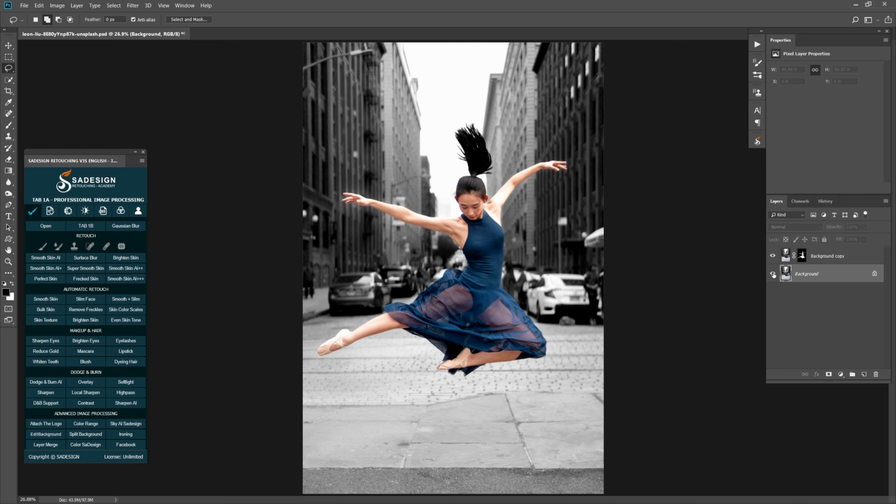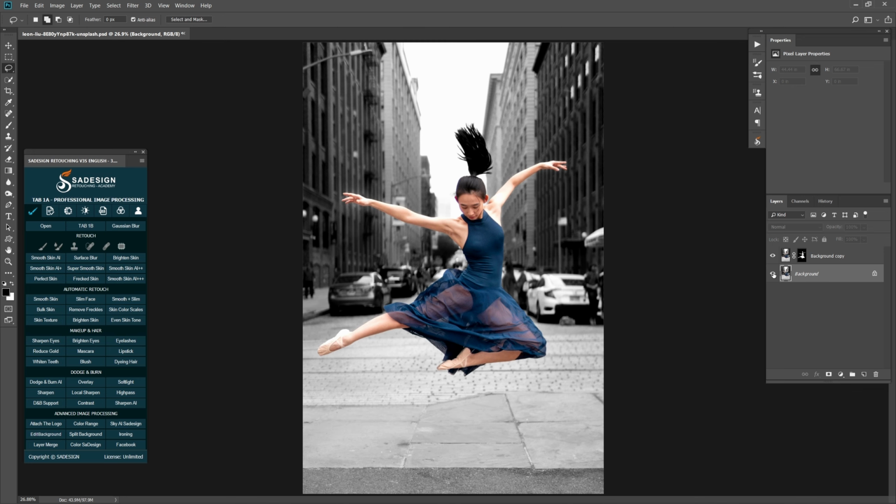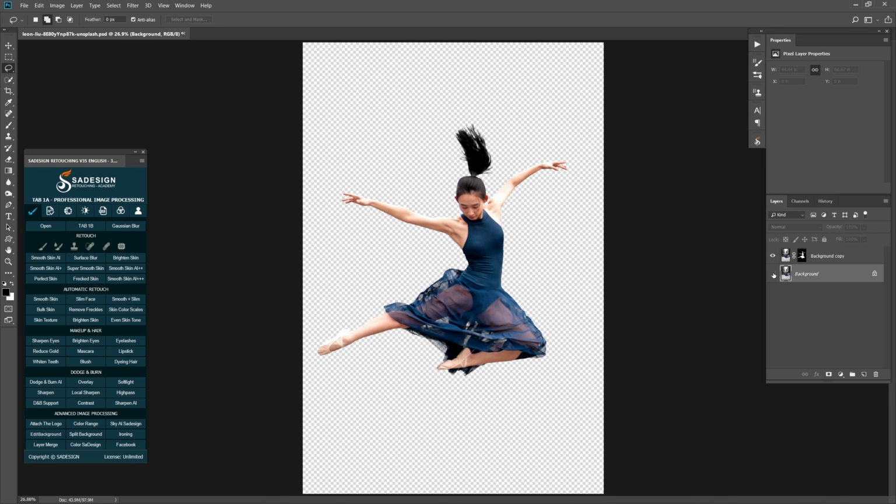At first, we have to cut out the subject to another layer, which I have already done to save your time. If you have no idea how to separate the subject, please check our previous tutorials to learn this technique. After you're done with the subject separation,